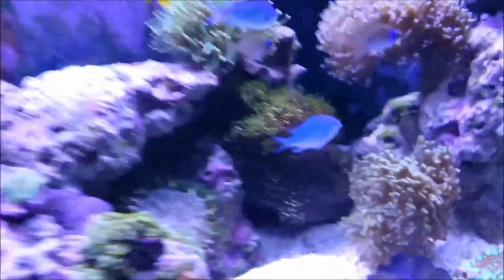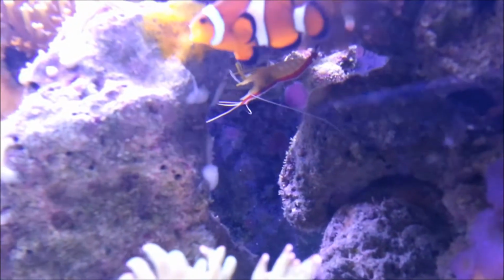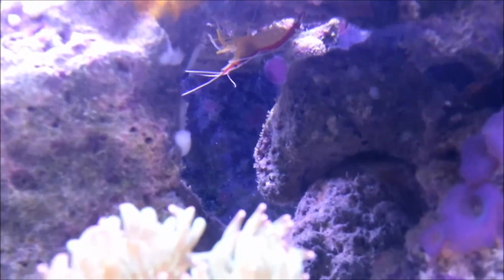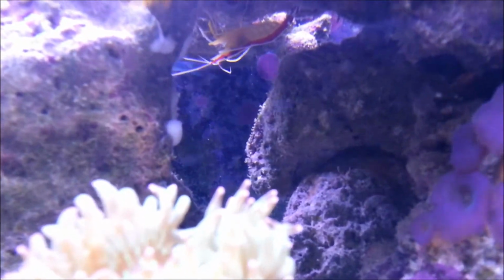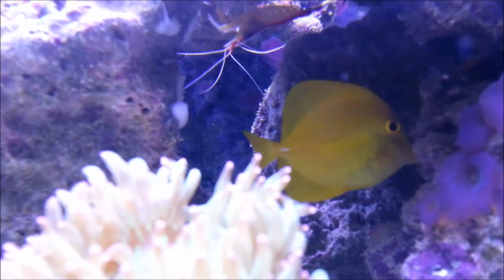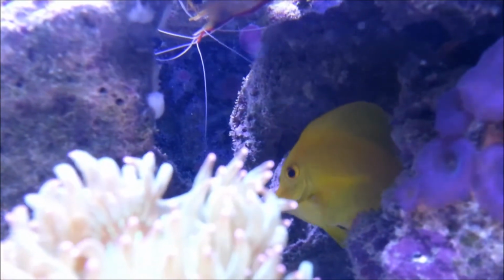I also have a skunk cleaner shrimp. He is hanging up there. Does a good job at eating any unwanted food or scavenging. Also acts as a cleaner, a groomer to the tangs. Tangs will often come in here and get a grooming off the